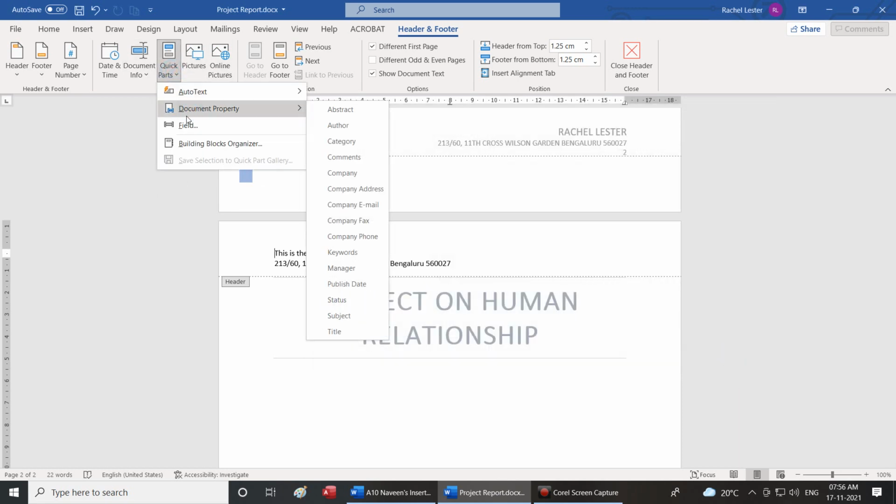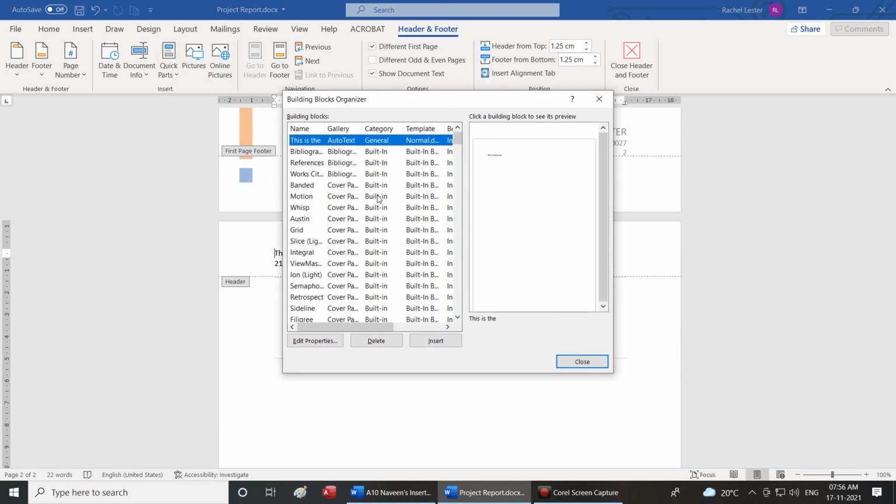I'll go to document, building block organizer, and then in the footer, if I want any predefined builders, whatever we saw when we inserted Austin, slice, integral, banded, like this, all this big list of selection is available. I can go there and I can keep making changes. Cover page insert option is there. Okay, equation insert option is there, footer insert option is there, header insert option is there.